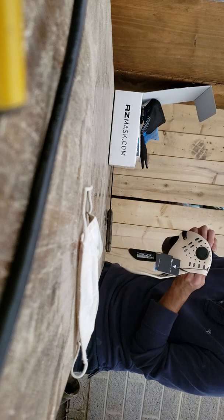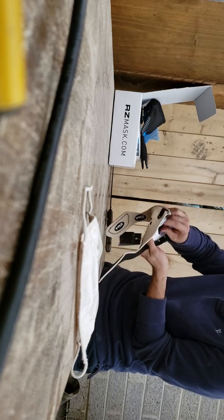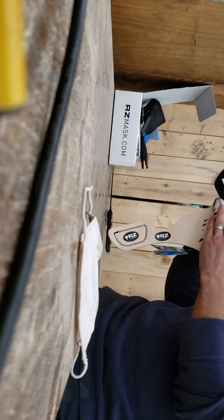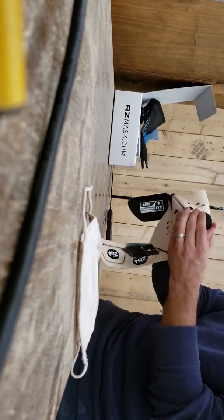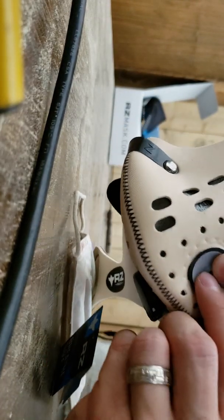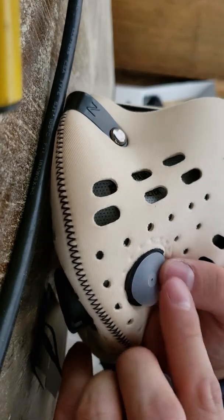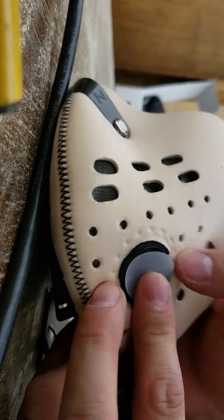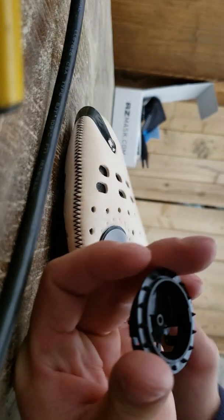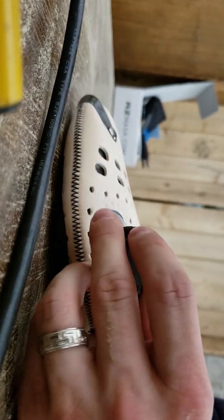Make sure this one lines up similar to the way the other one is, with the opening facing down. Then I'm turning it. I have to put it in. So this has, show you what I'm doing here. So it has a little backflow valve there that just goes on the center point, and it has little cutouts on the side right there on both sides, and here these pieces go into them, but because of these spikes it's not going to turn on the outside, and so